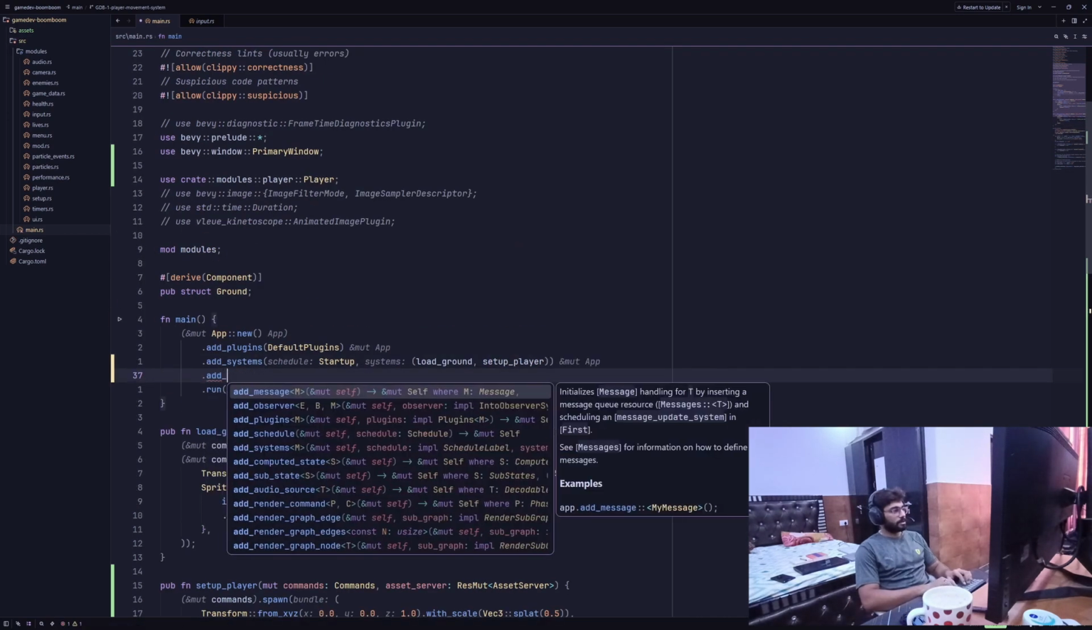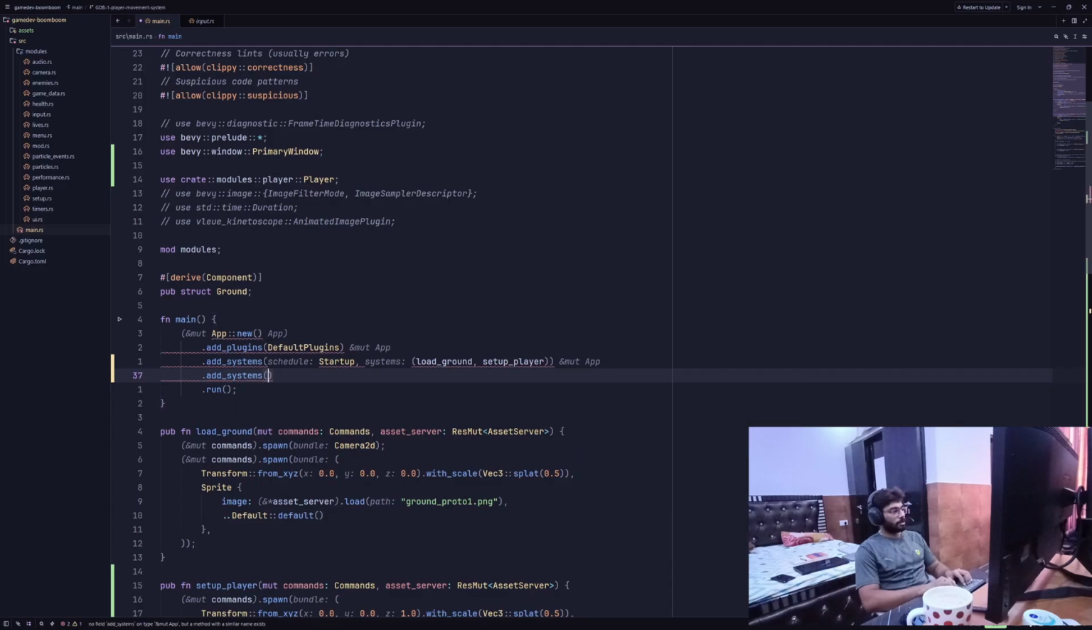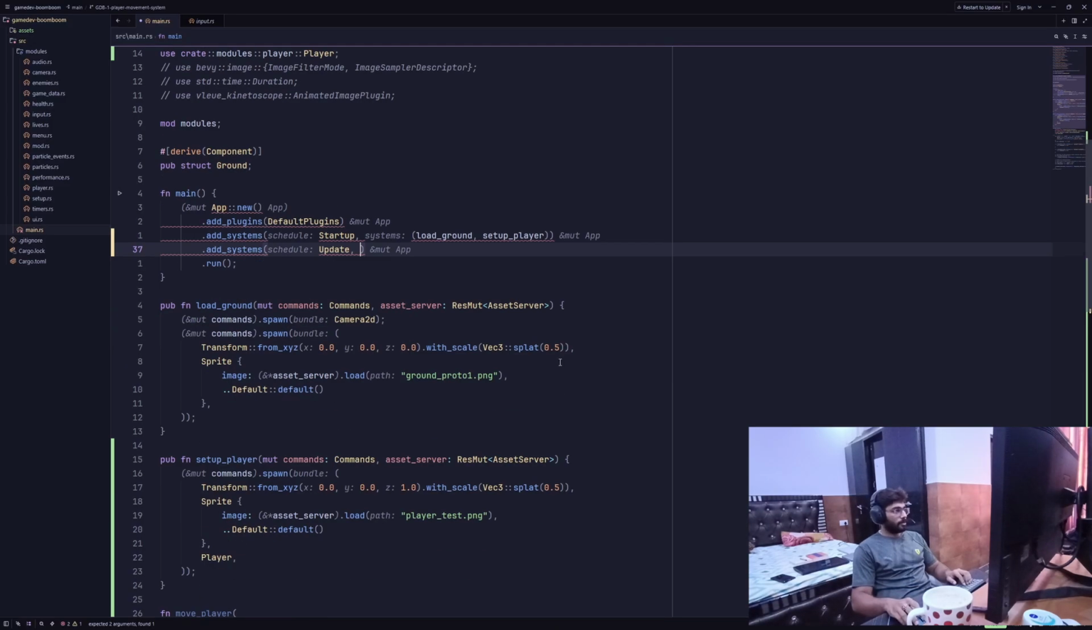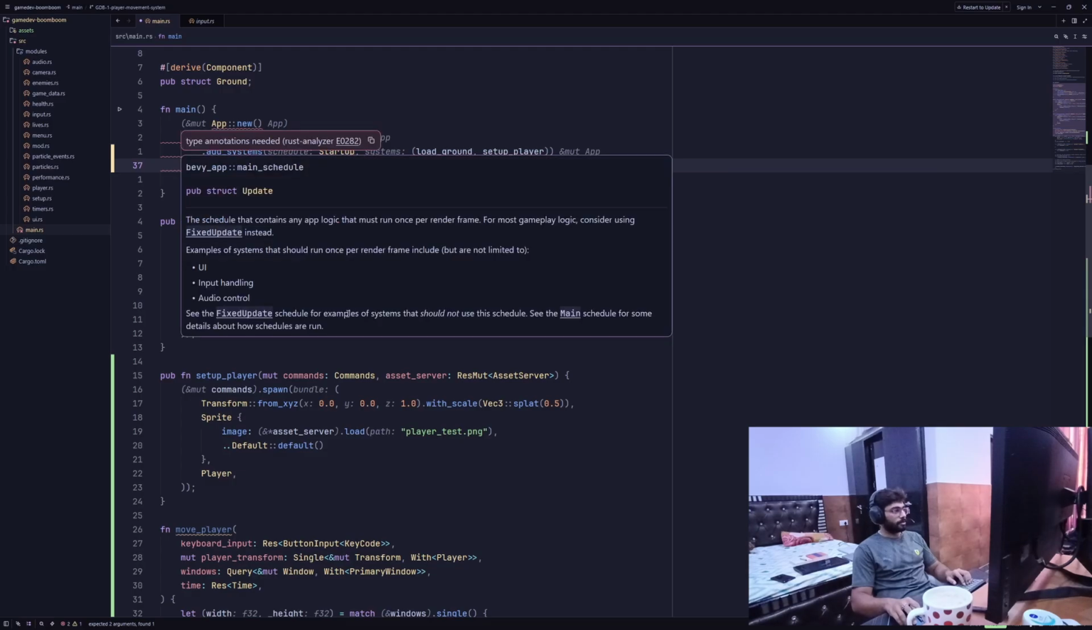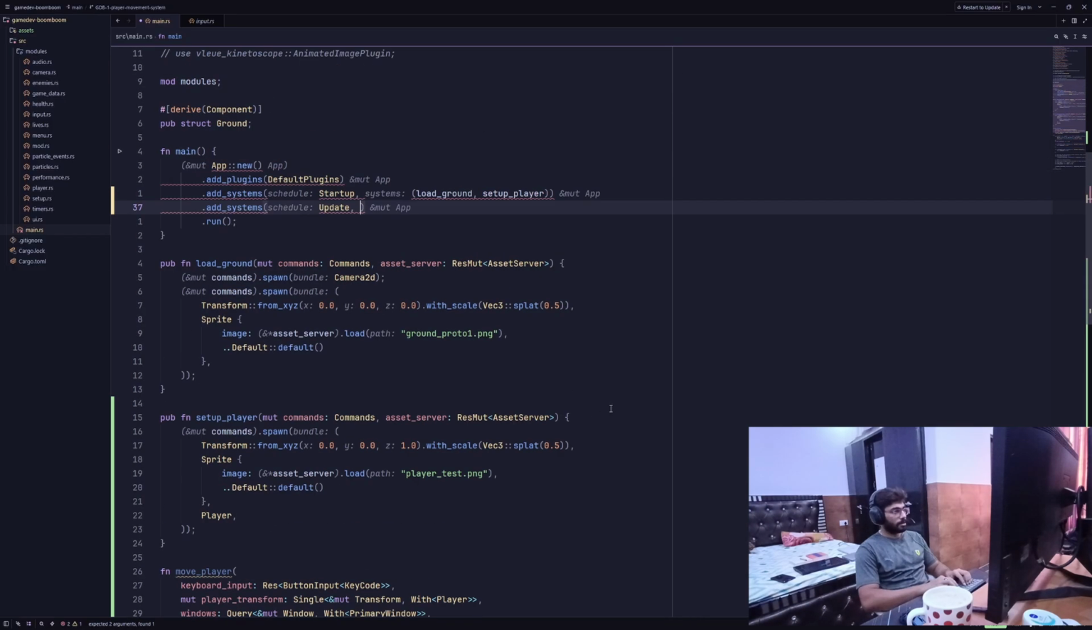Now here comes the new thing, not for me though. Update. So we have schedules, right? In this one I'm going to add it to update, add a new system to update schedule, which says move player. As simple as that. What happens is